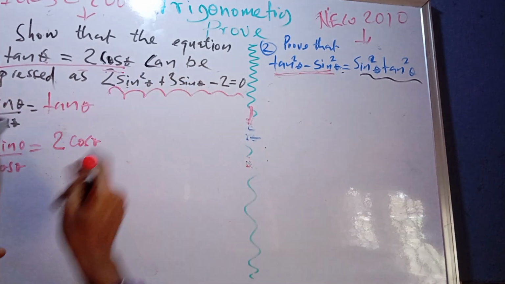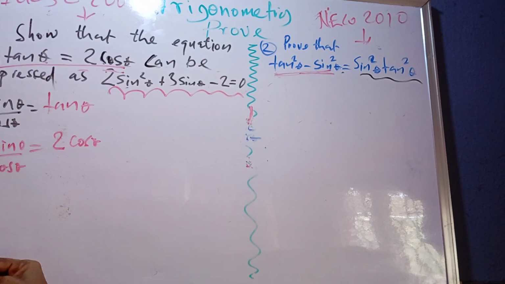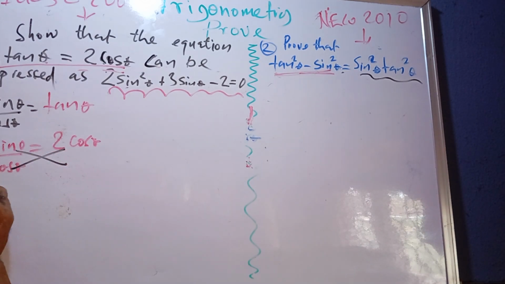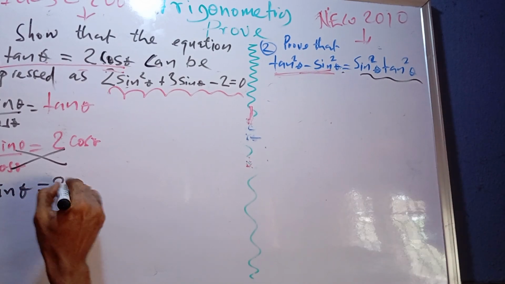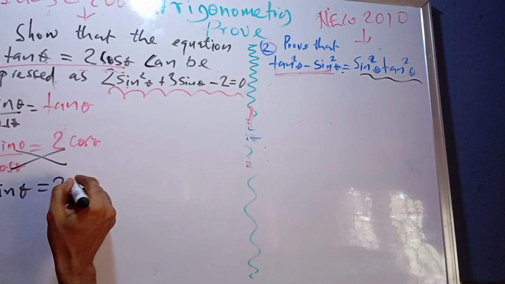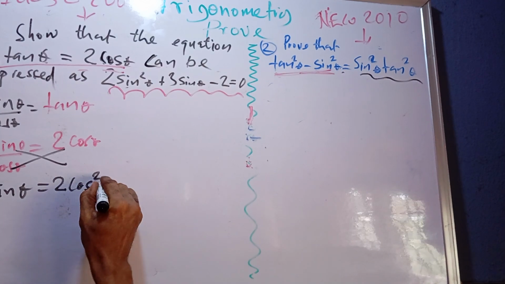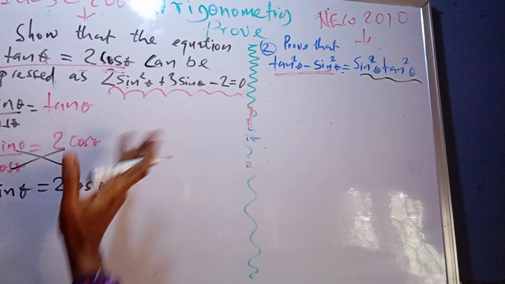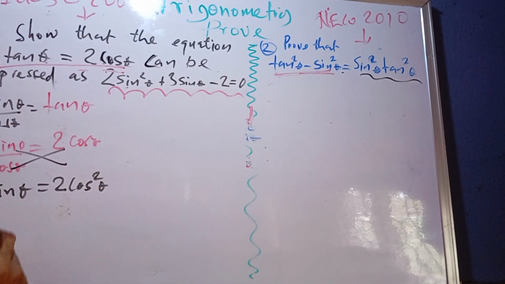So we are progressing. Since we have it like this, we could cross multiply. By cross multiplying, we have 3 sine theta equals 2 cos theta times cos theta, which is 2 cos squared theta. So that's what we have now. Now, since we have this, we are just moving down. So we have 3 sine theta again